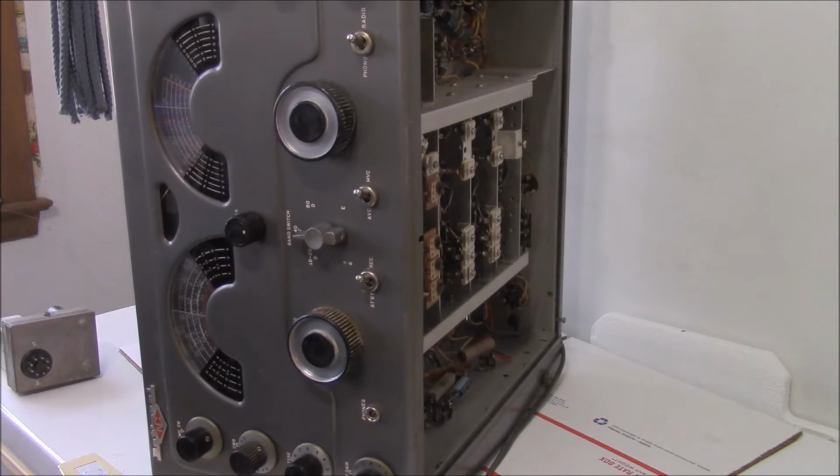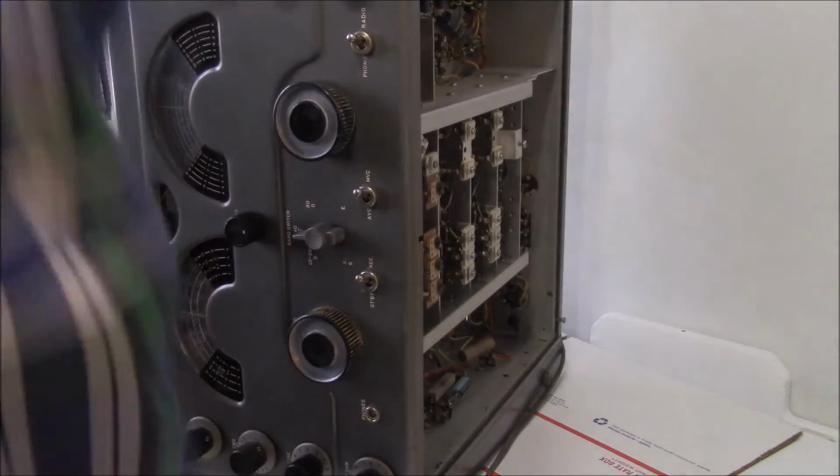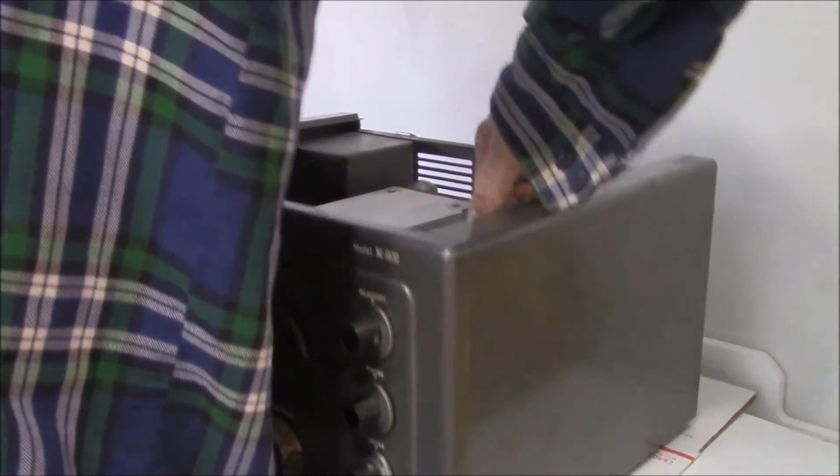So we're just getting ready to fire it up. I'm going to kick her in the guts here. I'm going to leave the demodulator attachment out. That basically just plugs in to an 8-pin jack in the back. This also comes with a box of